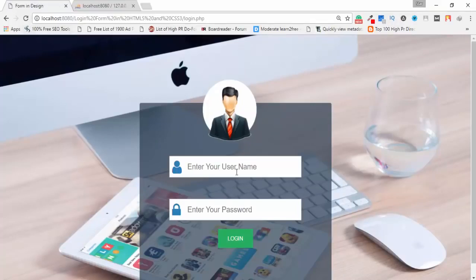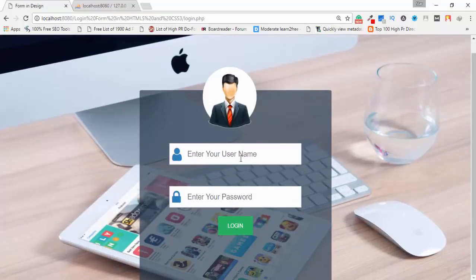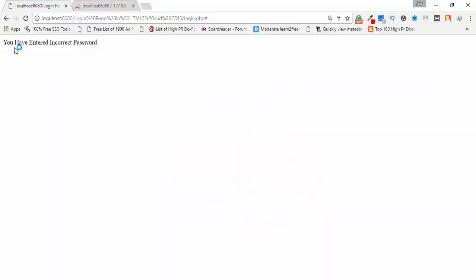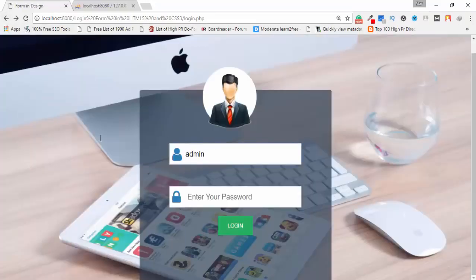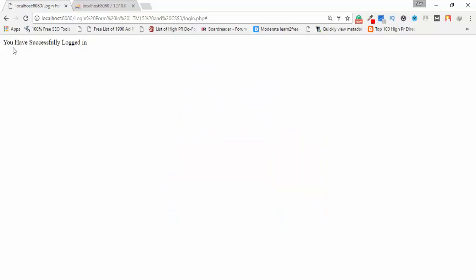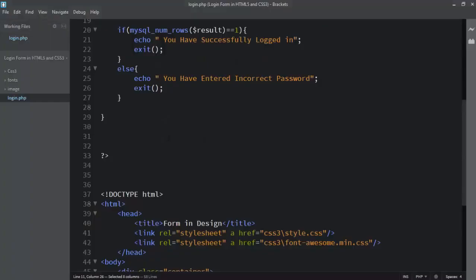Okay, here you can see the form is displayed as well. Let's check it. I enter wrong information, for example admin, and I enter the password 12345, then I click login. You have entered incorrect password. Let's check again. I enter the username admin and the password admin and click login. Then you can see here: you have successfully logged in. So this is a very simple video about